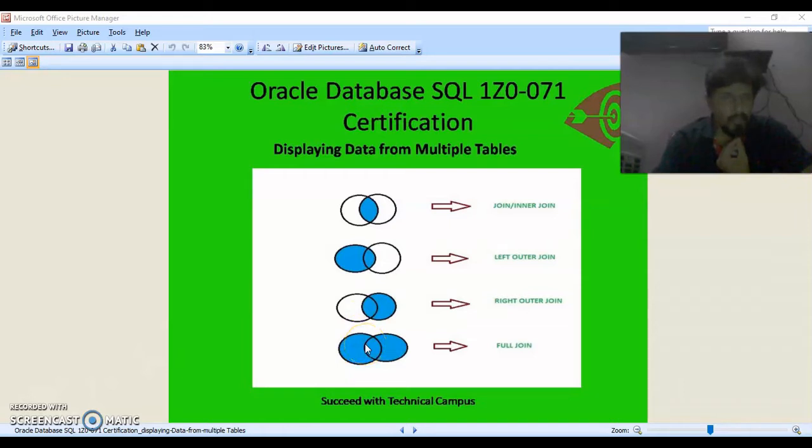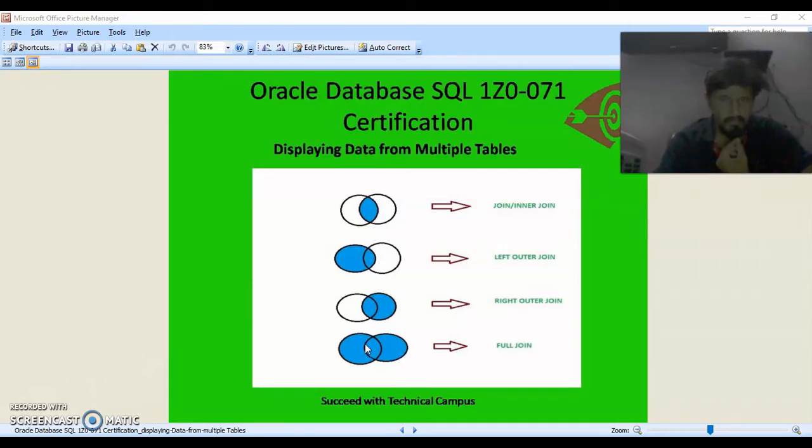Full join will show both matched and unmatched records from both the tables, whether left or right. It will show all the records, whether the matching condition is satisfied or not.